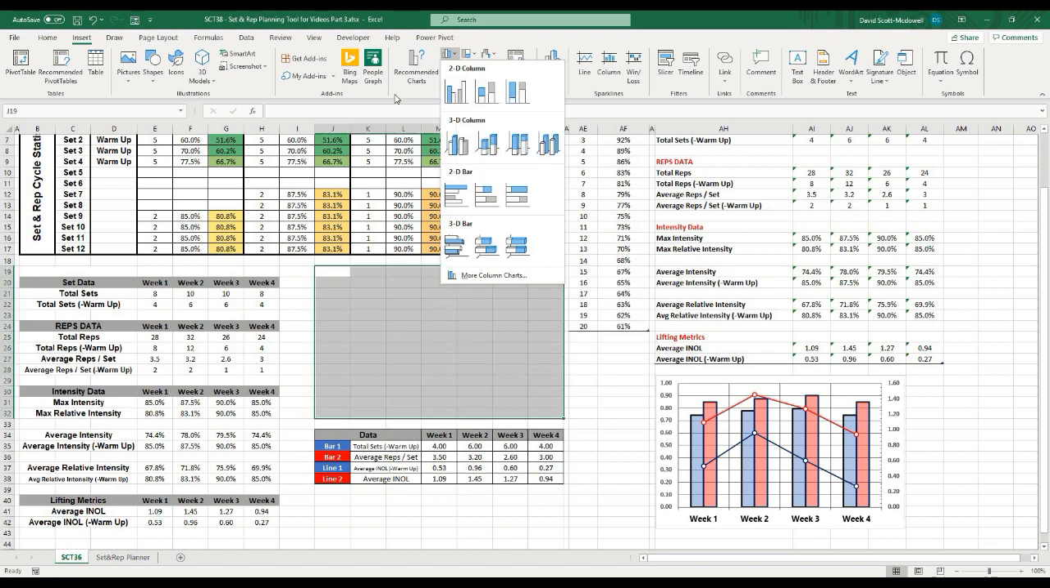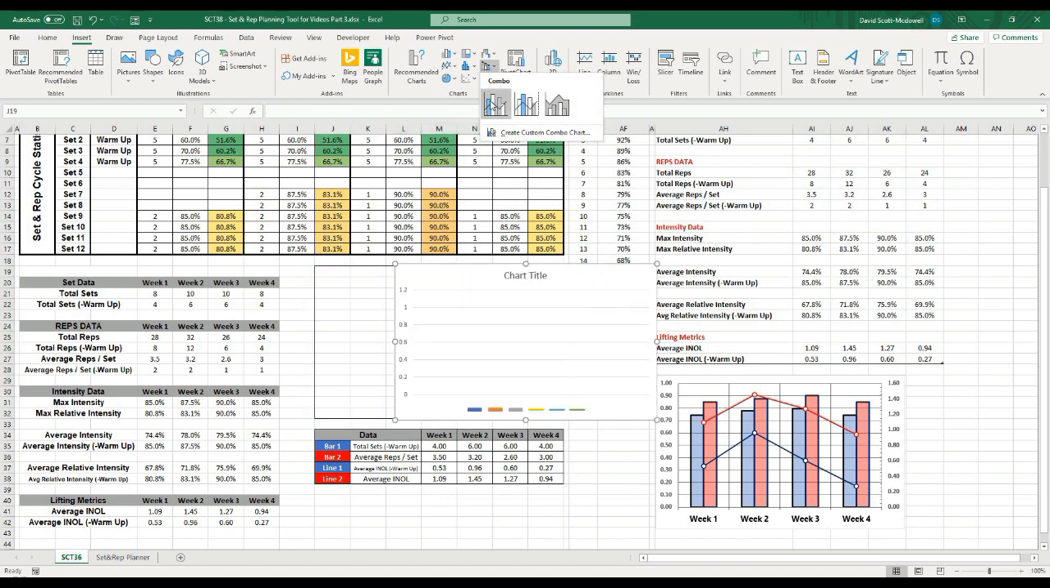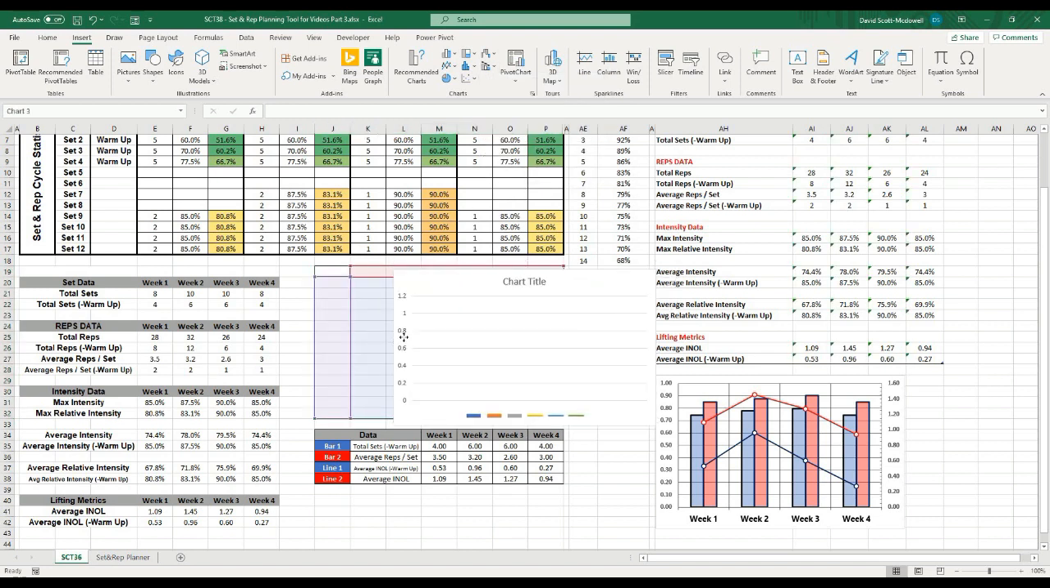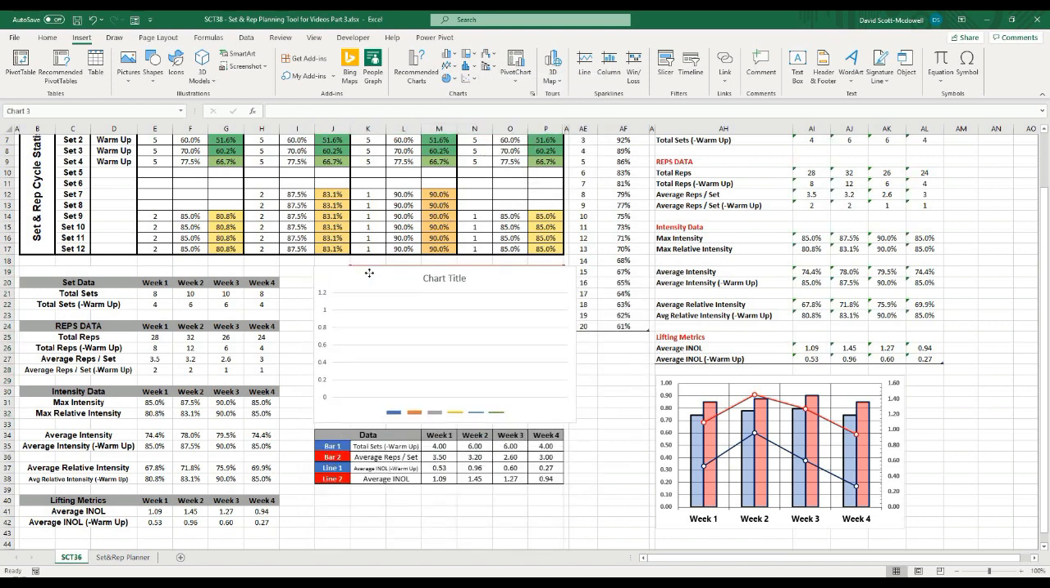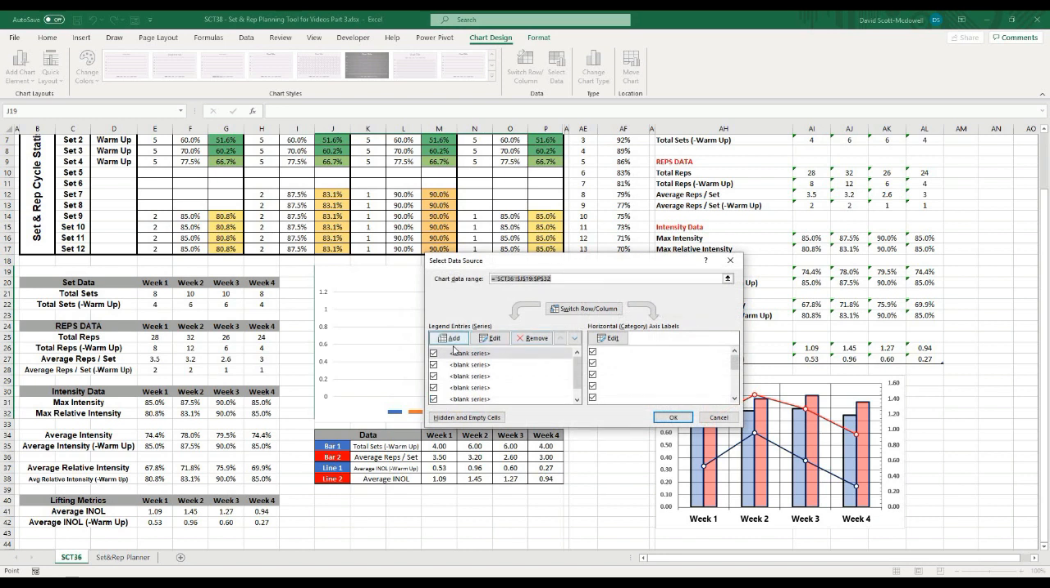let's see, a combo chart, and it's going to insert there, and it thinks that's where I want the data, but it's not. So what I'm going to do is right click on this chart, and hit select data, and